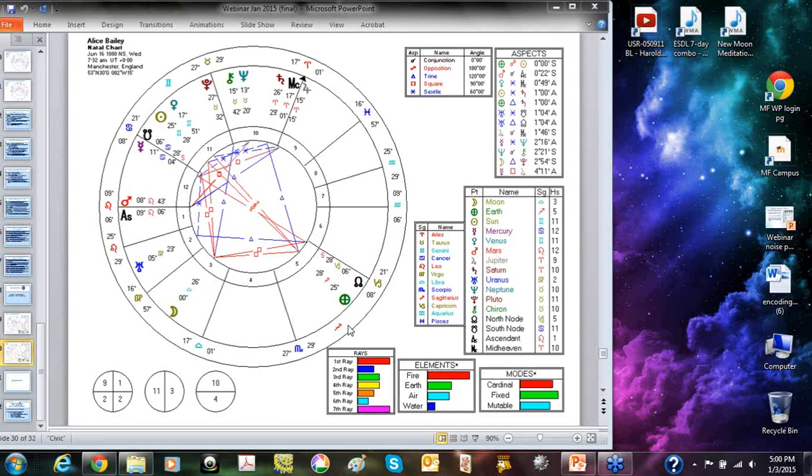Then I looked at some other things, and Dr. Robbins assigns Ray 1 to the mental and Ray 2 to the emotional. We also identified the emotional body as Ray 6 as either a legacy from prior embodiment or as a transformation to Ray 2 during that incarnation. She described her physical appearance as being beautiful and somewhat delicate, which is Ray 7.